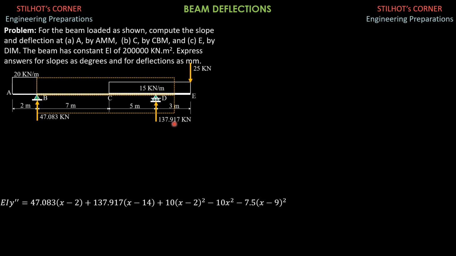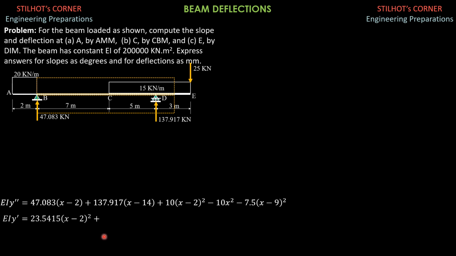137.917 times x minus 14, then plus 20 times x minus 2 times x minus 2 over 2, so that's 10 times quantity x minus 2 squared, then minus 20 times x over 2, so minus 10x squared, then minus 15 times quantity x minus 9 times x minus 9 over 2, so that's minus 7.5 x minus 9 squared. Integrating once, so EI y prime equals